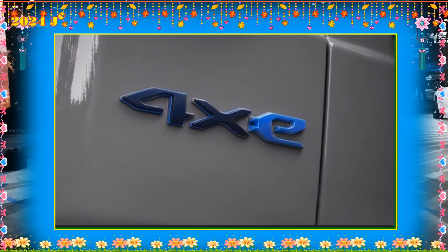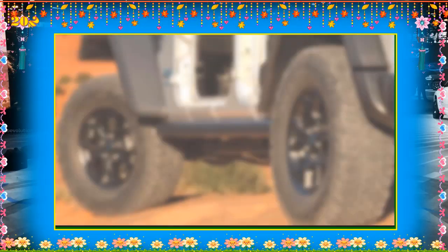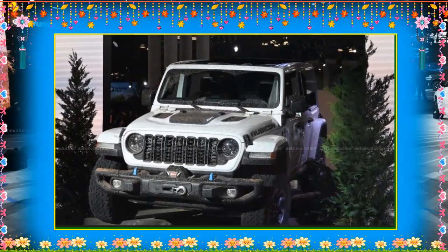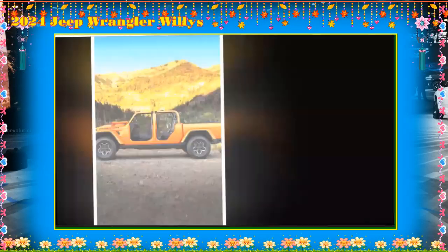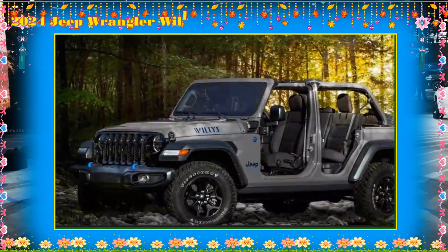Electrifying the trail. Model year 2024 sees 2 new trims added to the Wrangler lineup. For those looking to save some pennies, Jeep has added a new base Sport S trim to the plug-in hybrid 4xe for an MSRP of just under $52,000, including